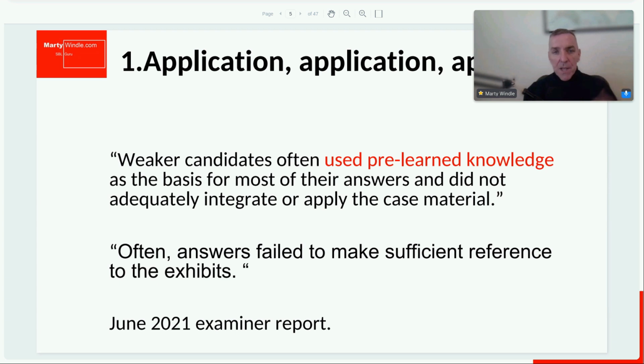So what some candidates do, and hopefully nobody here is in that position, a lot of people rote learn big chunks of the syllabus, and then they try to just copy and paste in the examination. So really, it's not knowledge. The examiner is not testing knowledge. The knowledge is not good enough to pass SBL. This is a professional exam. So what you must do is always apply the knowledge, right? Link it back to the case, make reference to the exhibits in the case. That is the most important thing you need to do for the SBL examination. You must link everything you do back to the case.